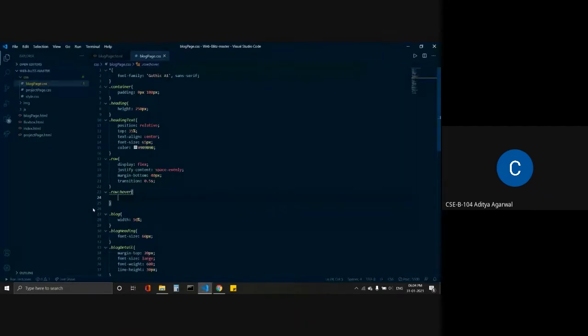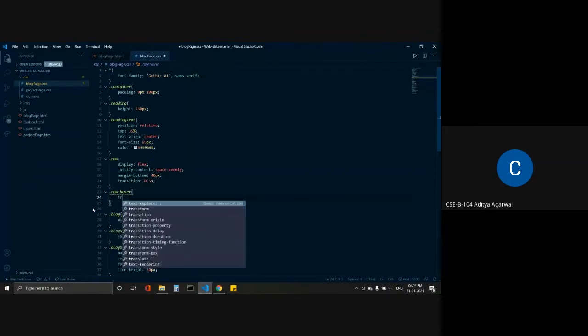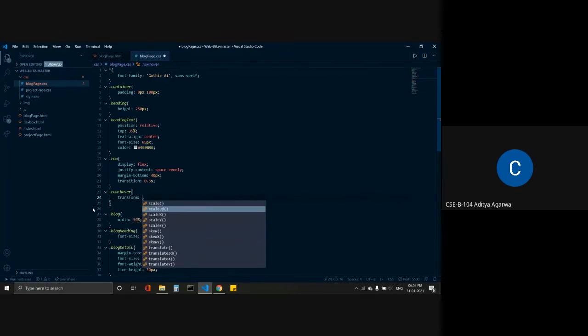For that, there is a property named transform. When we write transform, there are multiple properties that we can choose from. We can translate the row. Translation means we can move the row by a particular number of pixels. We can skew. Skew means we can tilt the row.